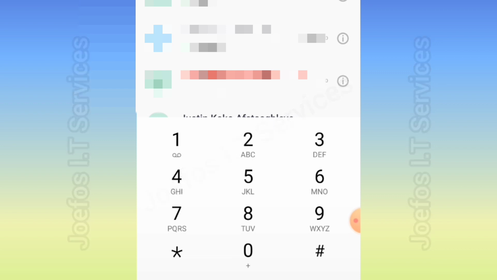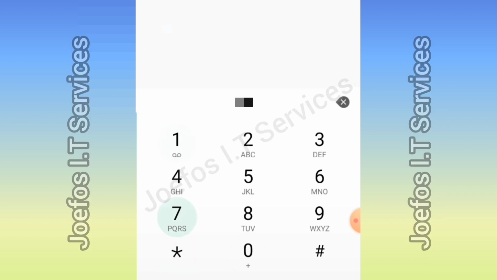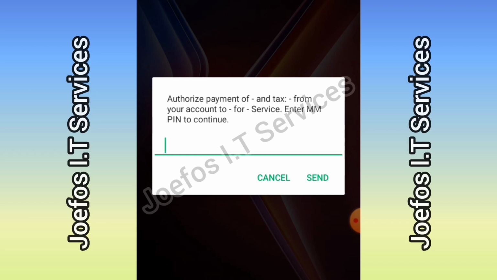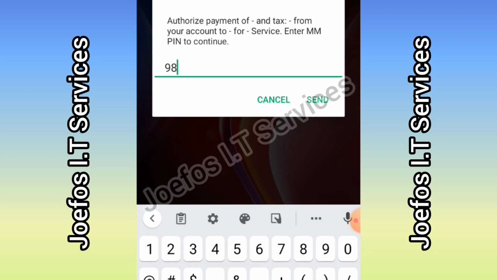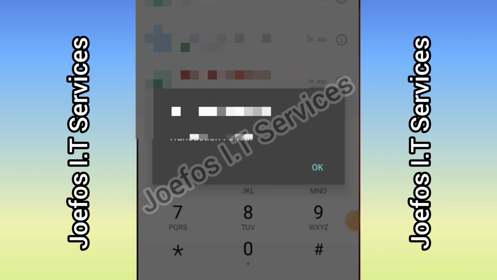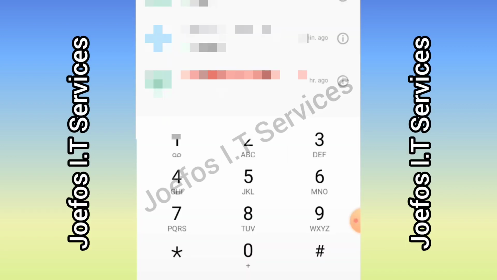Alright, so if you are waiting for the prompt and it is not coming, just dial *170# and send. When you dial that, then it will come like this. Just enter something to cancel it. When you enter your password, they will ask you to approve it. So click on yes. This thing is not going to work. Alright, I know it will not work. So let's quickly